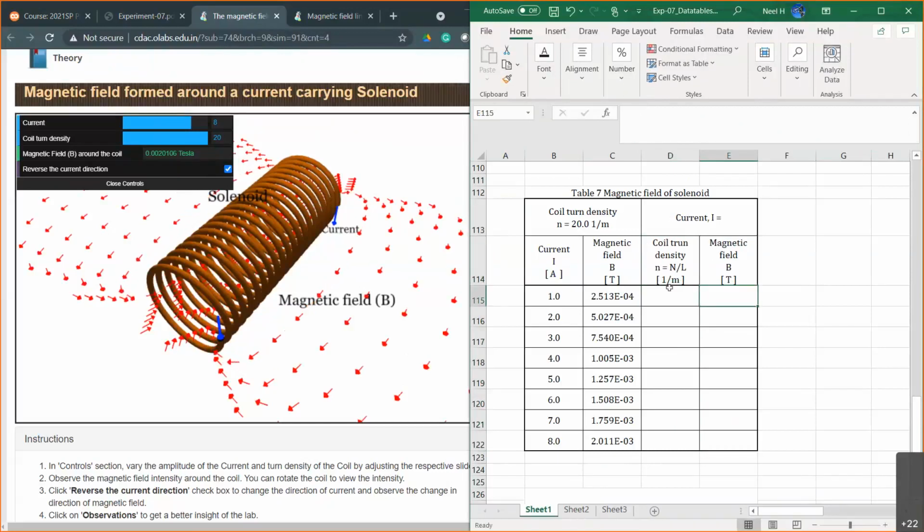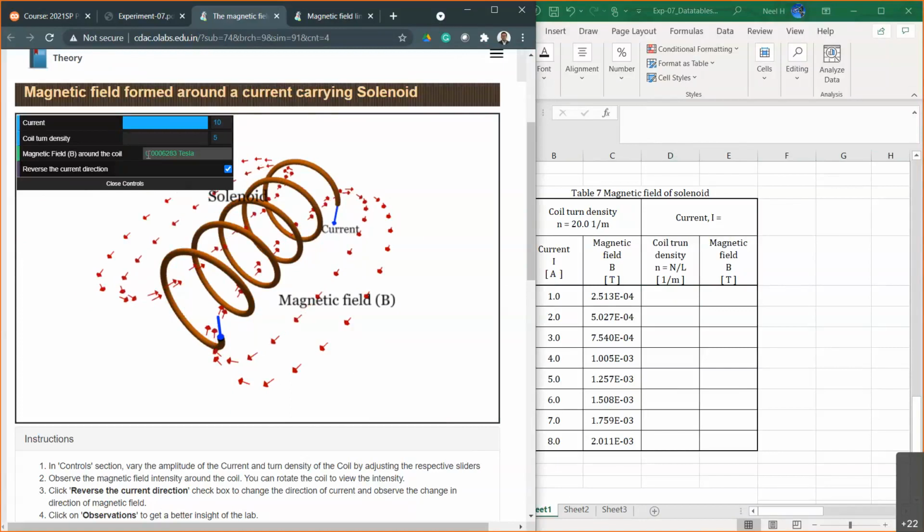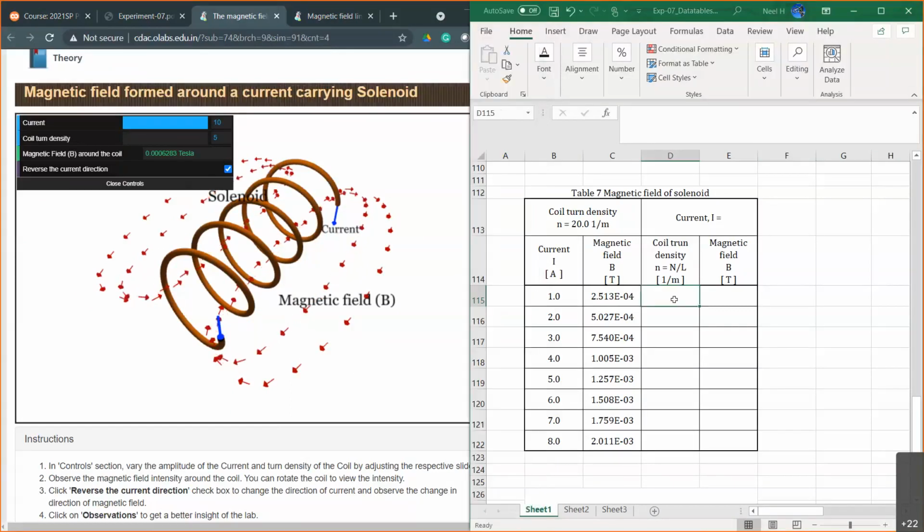So what we're interested in is how the magnetic field changes if the number density increases, okay? So let's keep the current constant, maybe at the maximum number. And the number density will start from a low value. I can go all the way to 20. Let's start at maybe 2. Minimum we can go is only 5. That's okay. We can start at 5, and then we'll increase maybe 3 or 4 at a time. So at a number density of 5, the magnetic field is about